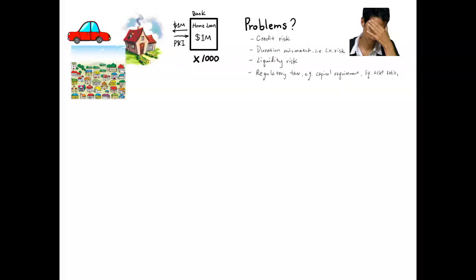So now let's talk about how we can help bank solve these problems, right? So we have all these problems. Let's say we have a smart guy, so he's bald and he's with glasses. He must be smart, like the professors at our school, right? So he come up with the idea. So he says, I understand the banks having problems because of all these issues we talk about. What about, and I actually know a bunch of people who are really rich. They have a lot of money. They want to make an investment to make more money.